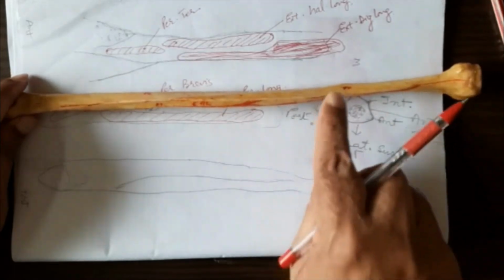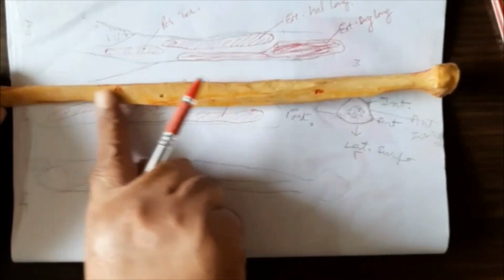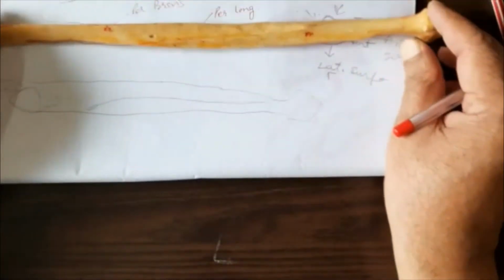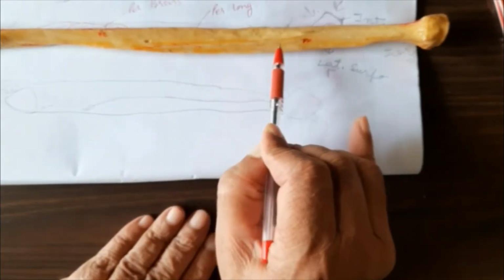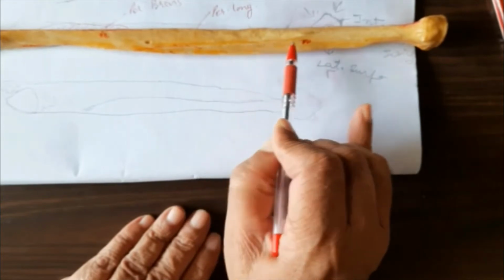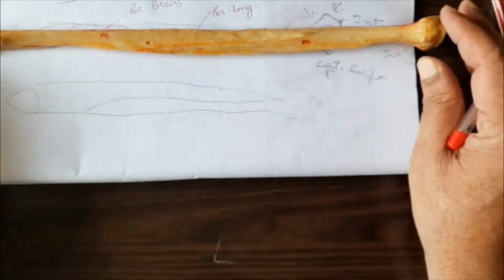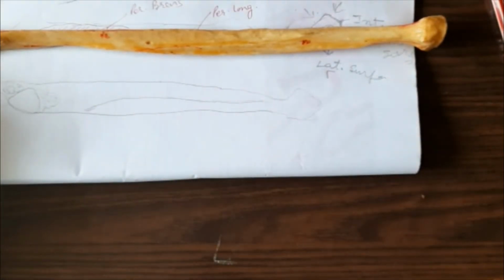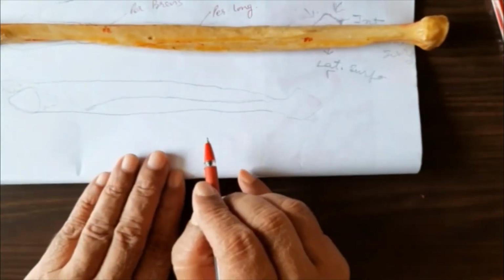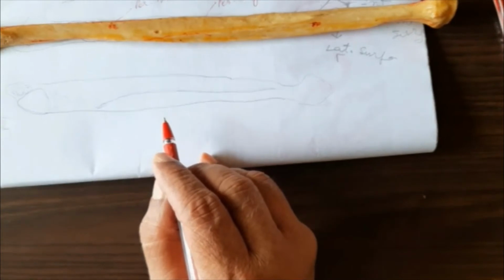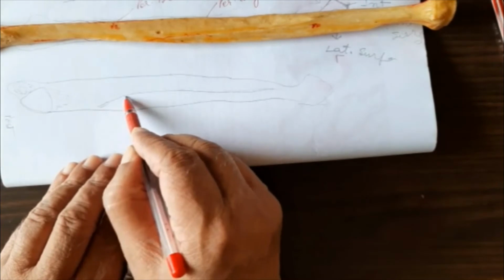Let us come to the surface which is between the interosseous border and the posterior border, and this is called the posterior surface. Now just see, this is the posterior surface, and in the middle is the medial crest, which will divide it into the anterior portion and the posterior portion. In front of the medial crest, between the interosseous border and the medial crest, there will be the origin of a muscle,